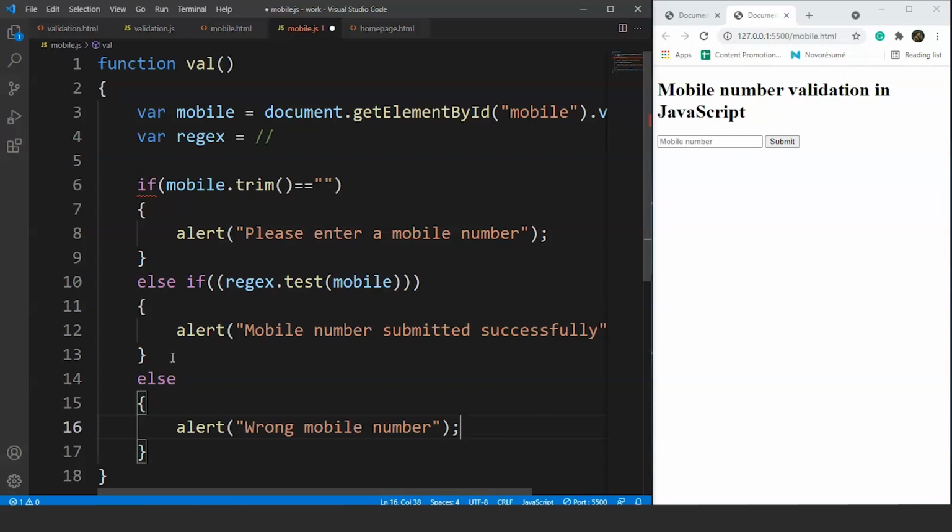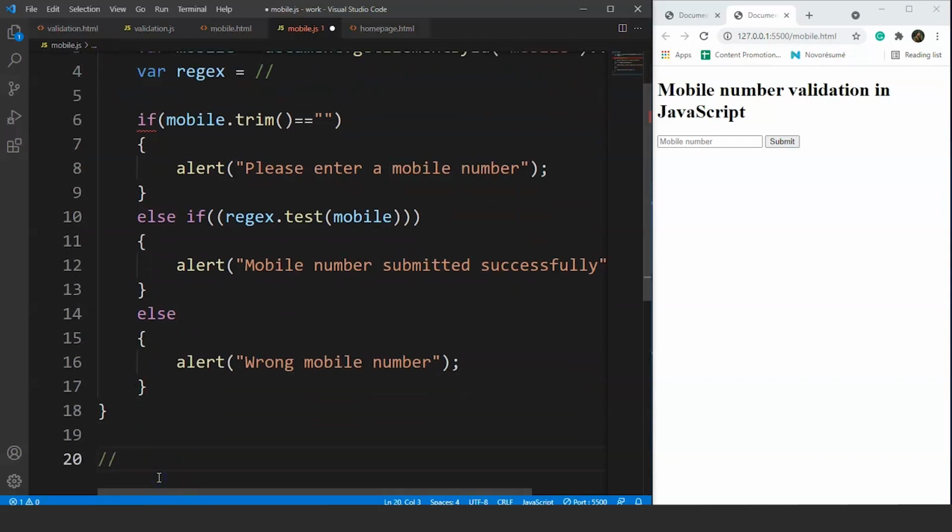So we haven't written the regular expression yet because let's discuss it before writing. So guys, what we want is a 10-digit mobile number, and the number should start from either 7, 8 or 9, because we know mobile numbers generally start with these digits. Fine. Then it has 10 digits only. Now for checking the length of the mobile number, we could have used the mobile.length property, right? But the regular expression gives us a simple and easy method to do so.